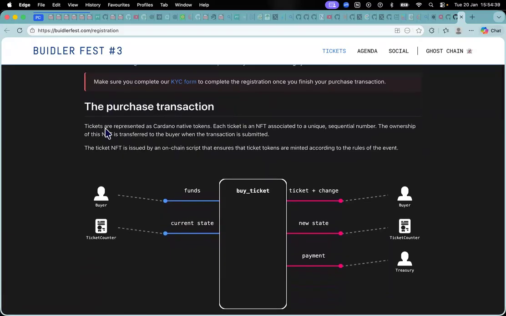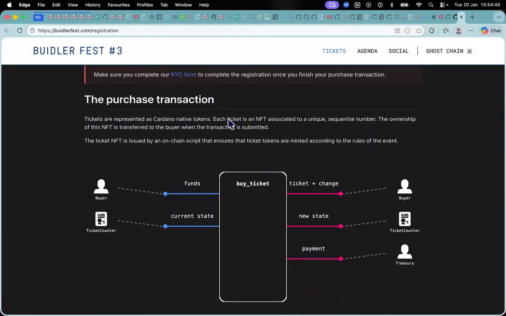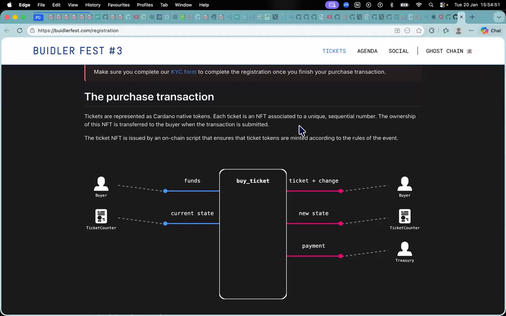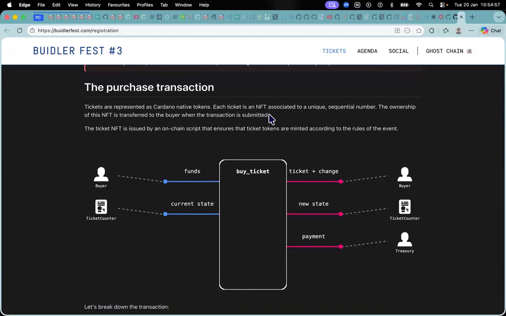Okay, so now the tickets are represented as Cardano native tokens. Each ticket is an NFT associated with a unique sequential number. The ownership of this NFT is transferred to the buyer when the transaction is submitted.